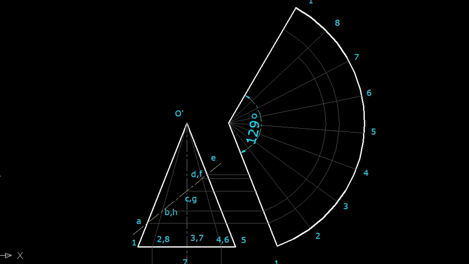So I will name these points immediately. So here this point I am naming. This is the point number E. Then this is the point number B, and this is the point number H. I will name it.